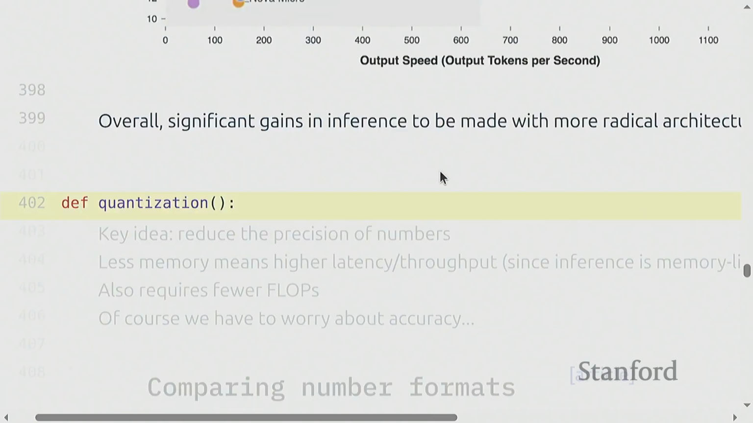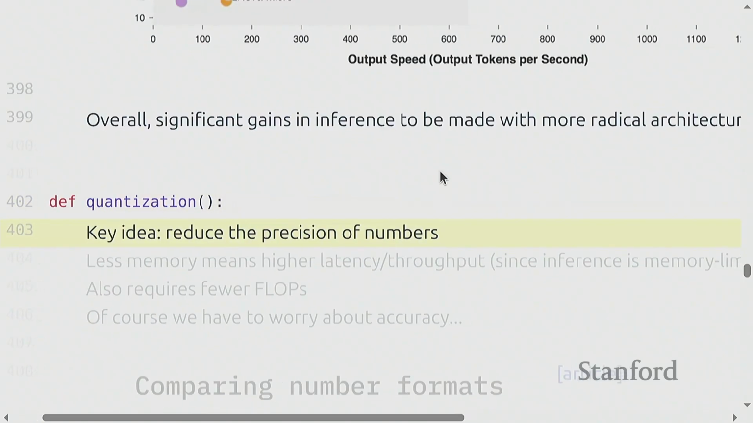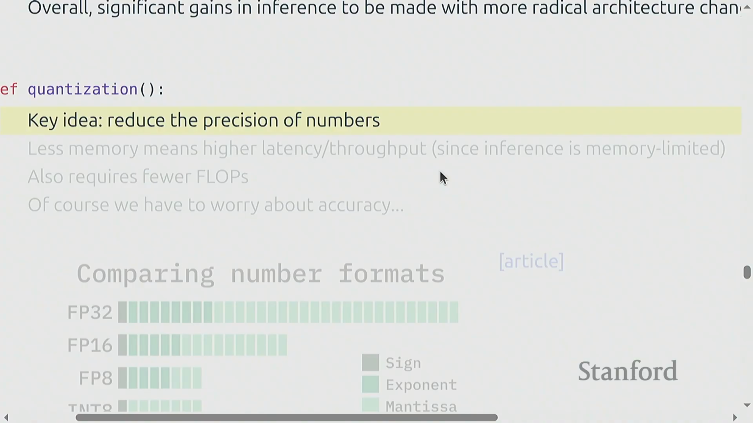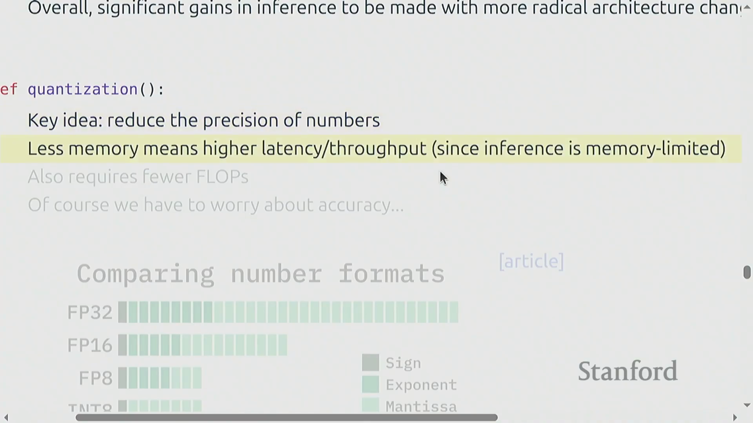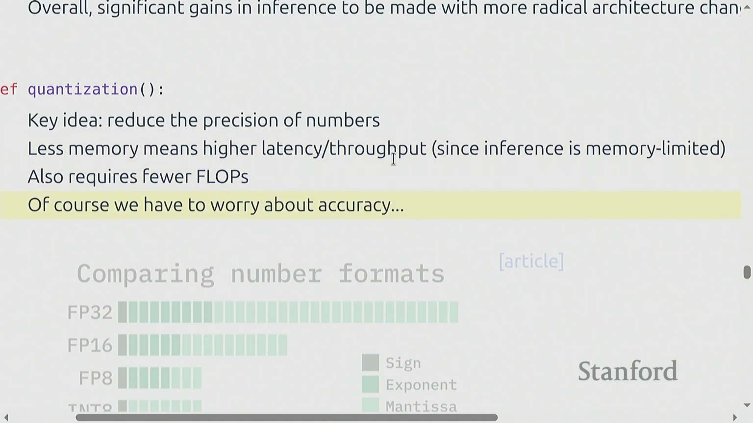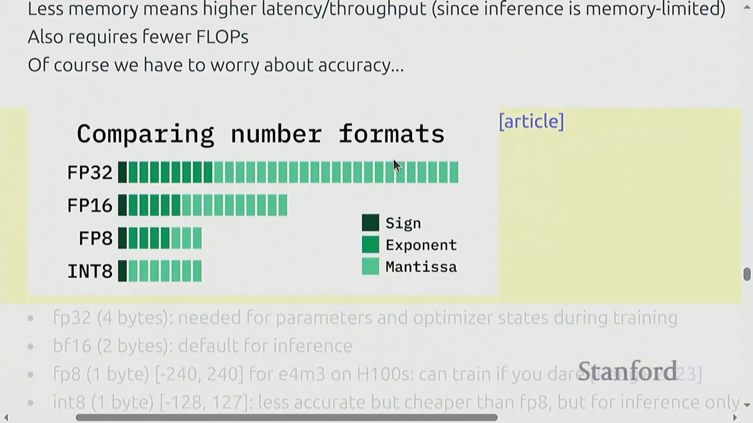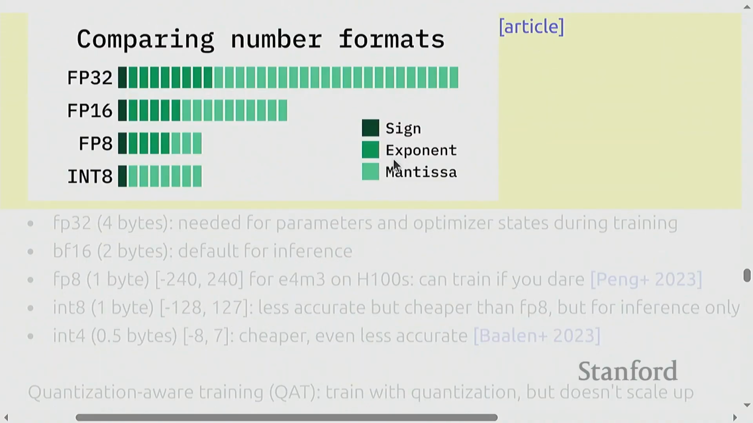Quantization and model pruning. For quantization, the key idea is just to reduce the precision of the numbers. Okay, very easy to do. The thought is that less memory means fewer bytes transferred, so this should mean lower latency and higher throughput. And you do have to worry about accuracy, of course. That's the trade-off. If you look at the different types of